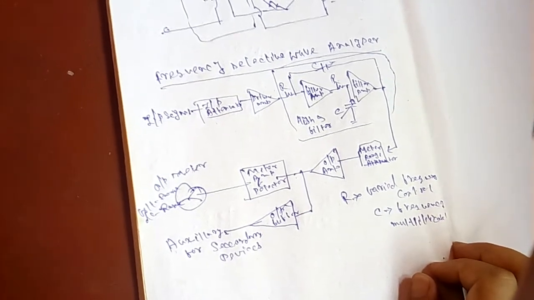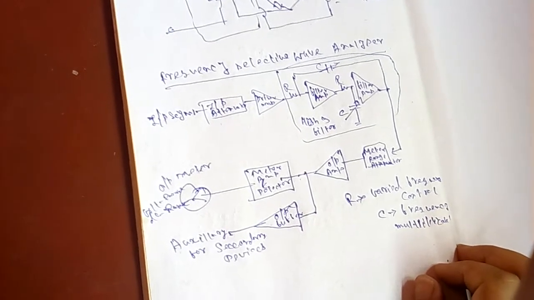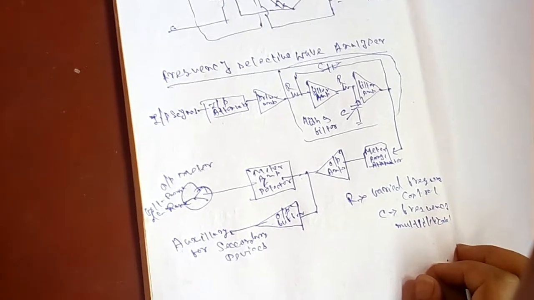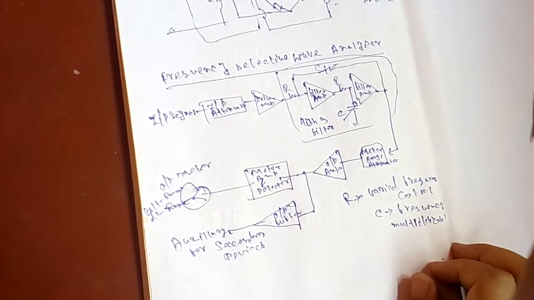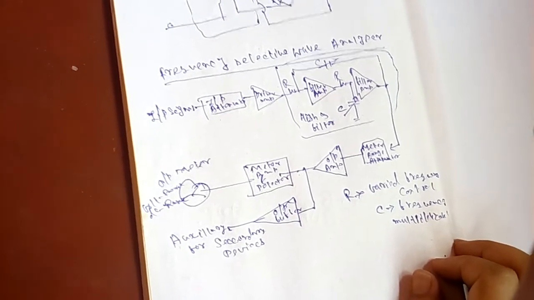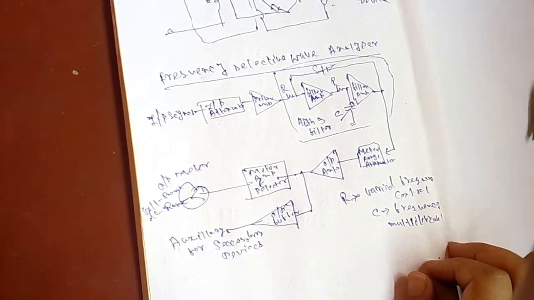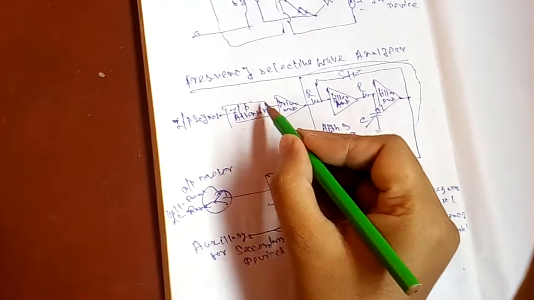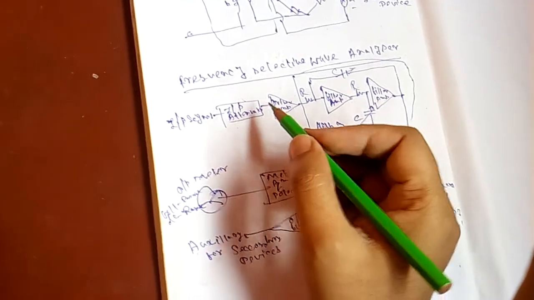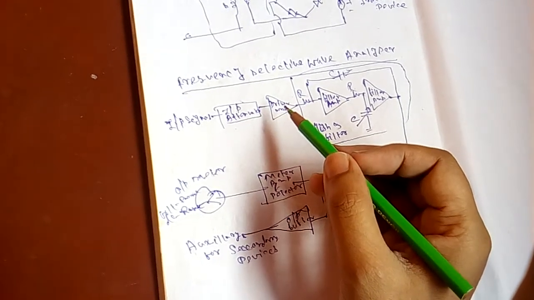Here we use the audible frequency range. What is the audible frequency range? The audible frequency range is 20 Hz to 20 kHz. Here the complex wave to be analyzed is passed through an adjustable attenuator which serves as a range multiplier. Then it permits large frequency signals to be analyzed without loading the amplifier.